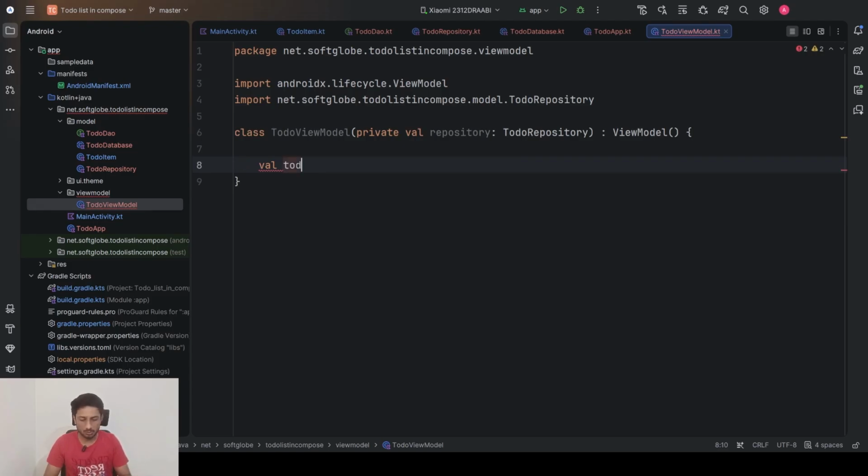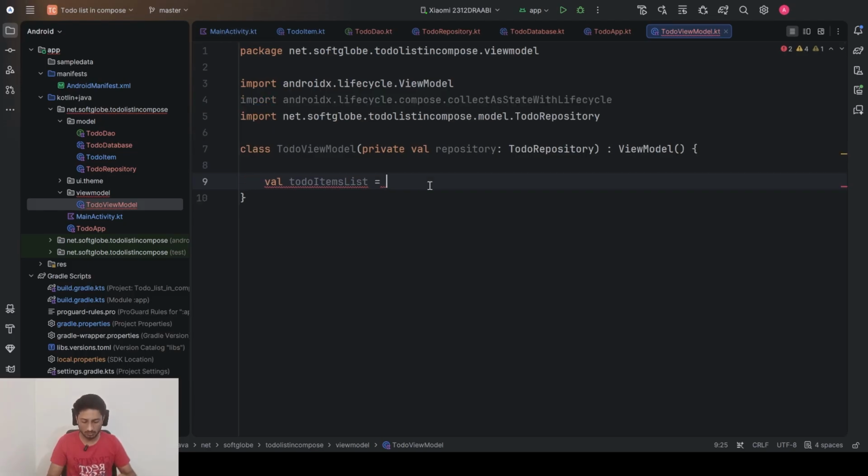So for the toDoItemsList, we have this variable, and it will be a flow, so that it will be observed from the main activity. We'll use repository.toDoItemsList. But now we need to convert this incoming flow to a compose flow,